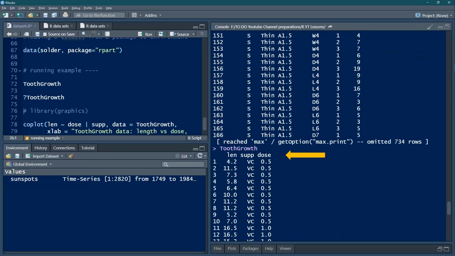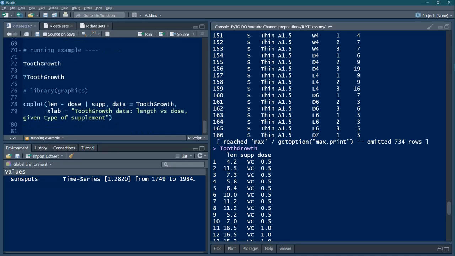Now we are going to see one plot, the conditional plot which we have already seen in the introduction. Length as a function of dose, and then the supplement is the conditional variable. For each supplement variable, what is the relation between the length and the dose? This data we want to plot, so that is why this is a conditional plot.